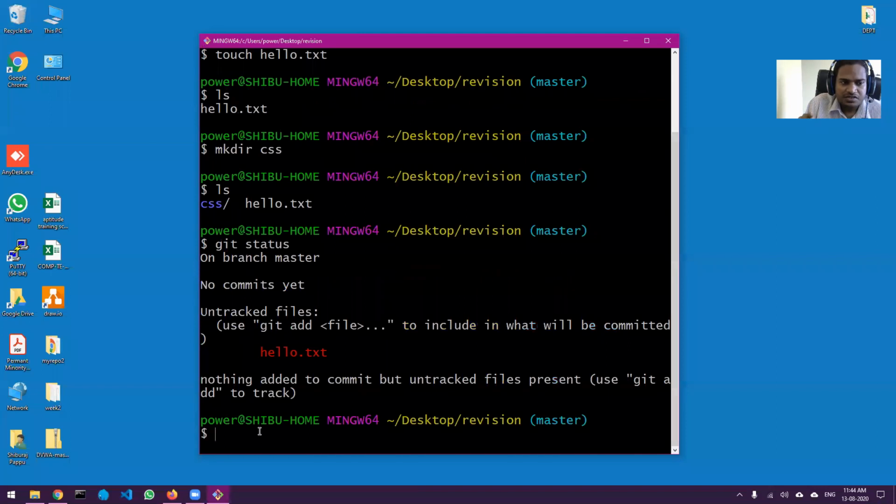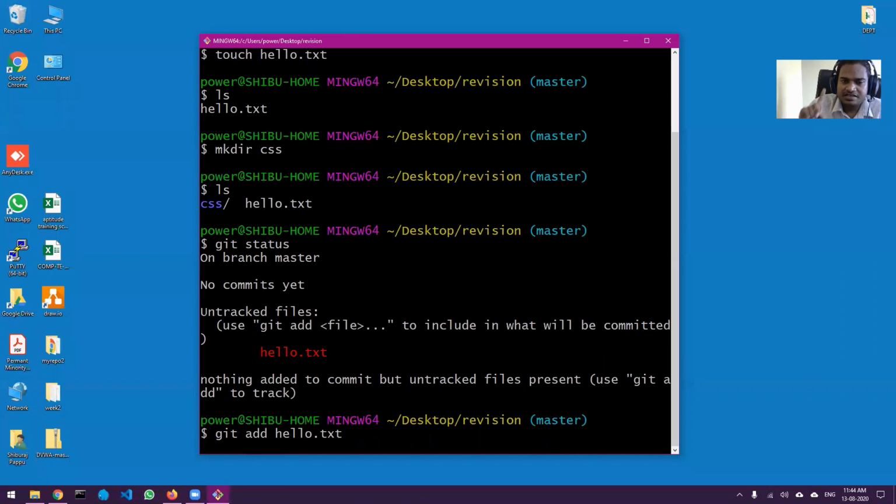What is the first one? Git add. Git add, very good. So git add and the name of the file. Yeah, git add hello.txt, that is the file name.